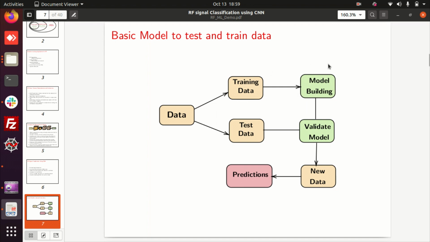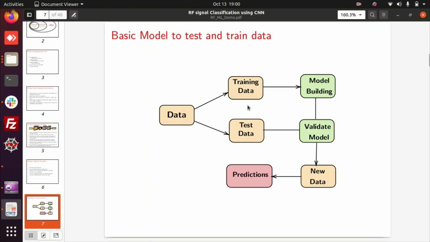Now model building. We are using the Keras model with TensorFlow backend, and your architecture is the CNN architecture. Based on this model, you are going to train the data. You can set the ratio here, whether 70% for training and the remaining 30% for validation, or you can change the ratio, 50% training and 50% validation. Based on the model, first it will train, and the rest of the samples are used to validate the model. In our case, we have considered 75% and 25%.